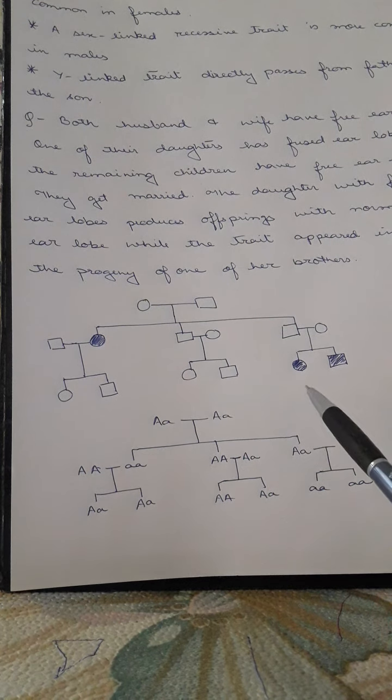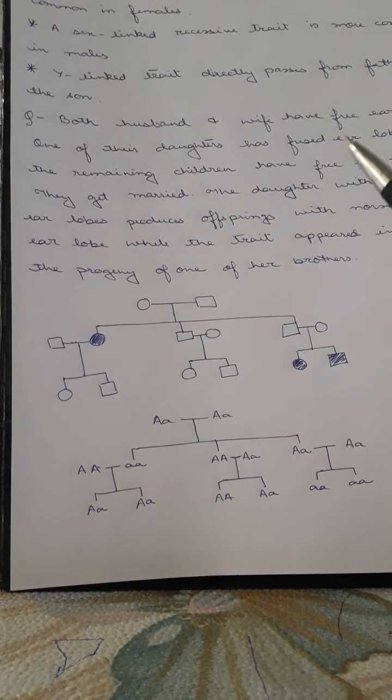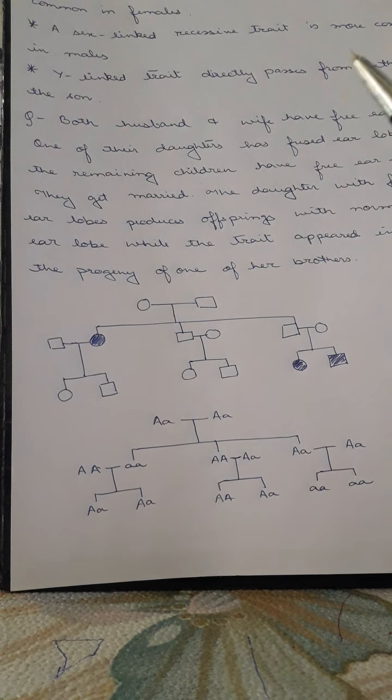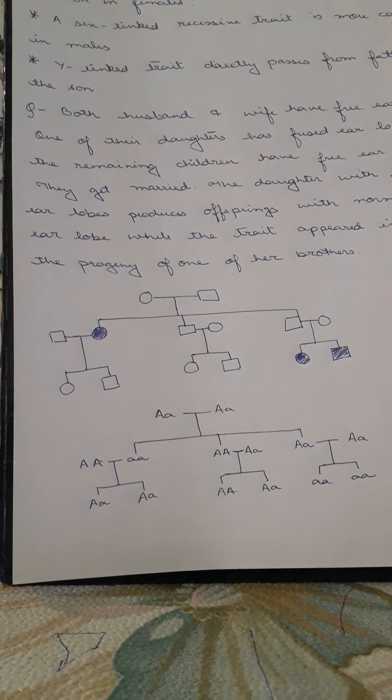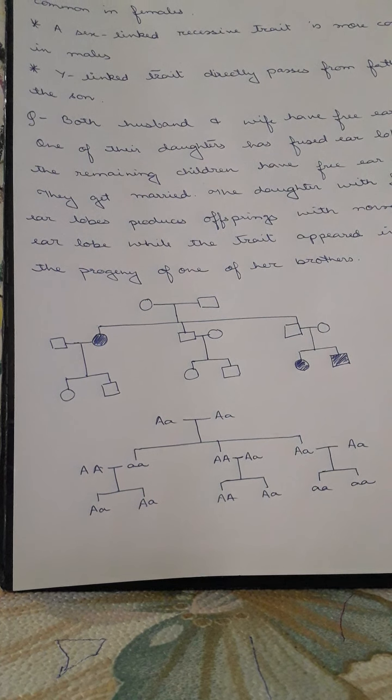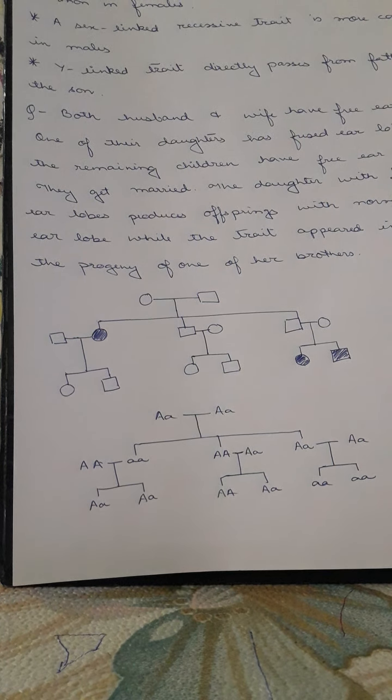So this is not actually a tough problem, but you have to understand it properly. Stepwise you have to solve it: understand what the question is asking, and then systematically represent the diagram, okay. This is how you can solve the pedigree chart. Now there are many more questions in the book. Go through the examples, go through the things. If you find any problem, then let me know, okay.